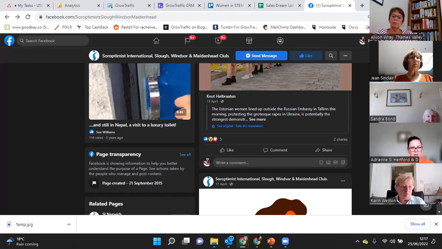So it will be getting a picture that Soroptimist International Slough, Windsor and Maidenhead are interested in women's issues, women's rights, human rights, equality and all that. It will then show your content to people who it also knows are interested in that sort of thing. That's how it builds that picture of relevancy and authority.